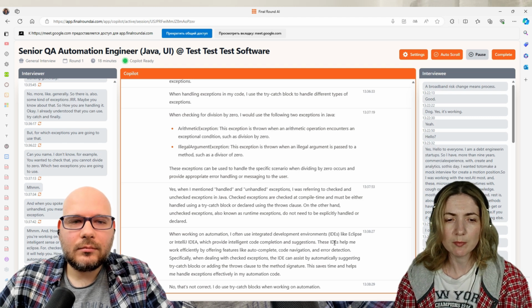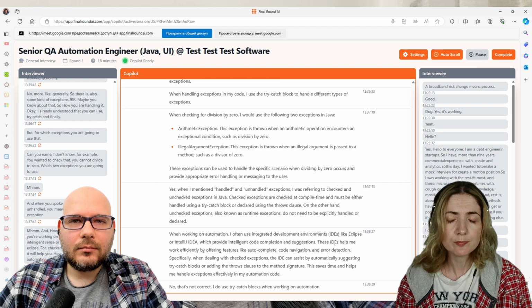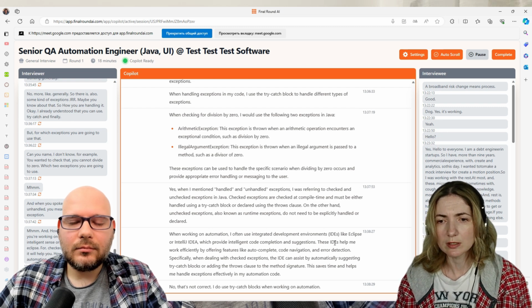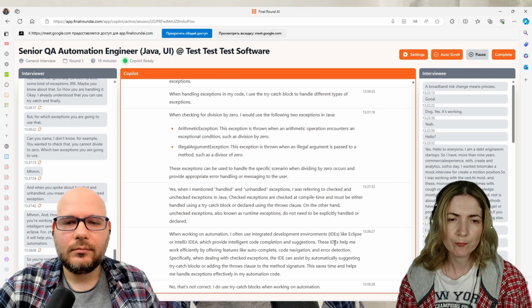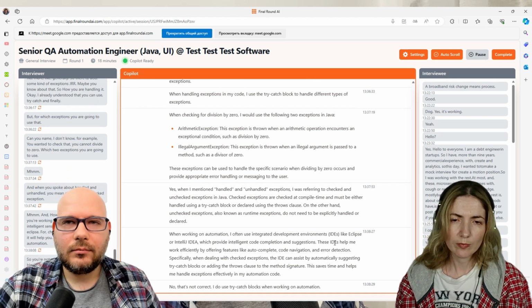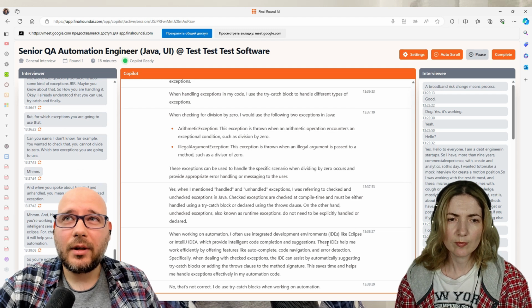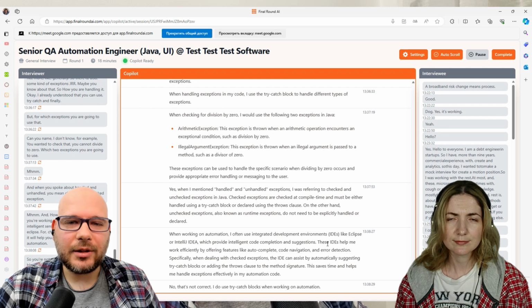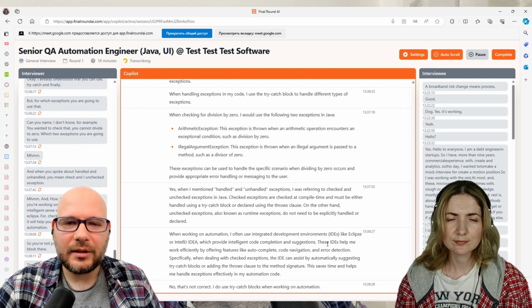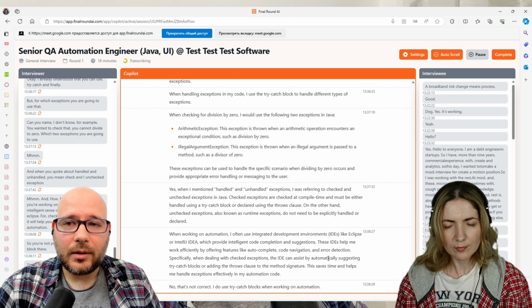So maybe some assertions and other methods to check exceptions. Usually I just put throws after the signature, for example, IO exception, and that was enough. So it's basic implementation. Of course, you can override it with your own try-catch block.